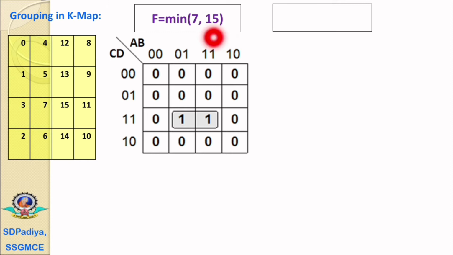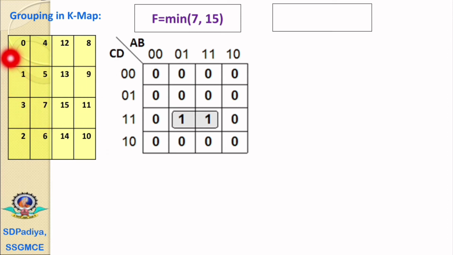Now we already know the construction of the 16 cells K-map. We have to use 4 columns and 4 rows. On the column side, we define the first 2 variables a, b, and on the row side, we define the next 2 variables c, d. The designation for a, b is 0 0, 0 1, 1 1 and 1 0, and the same for the row, that is 0 0, 0 1, 1 1 and 1 0. So in this 16 cells K-map, the designations will be like this.